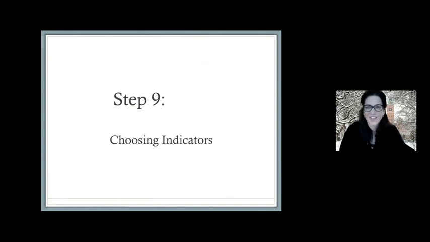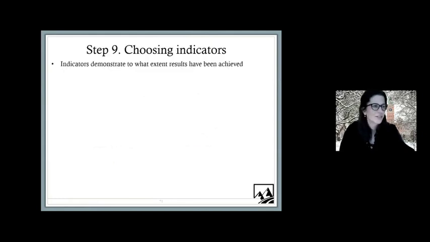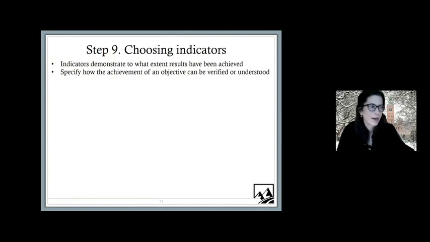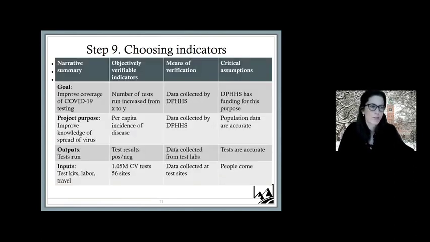Step 9 out of 10 steps is choosing indicators. So indicators demonstrate to what extent results have been achieved. They specify how the achievement of an objective can be verified or understood, and they are the foundation of a project's M&E efforts. So going back to the COVID-19 testing scenario,